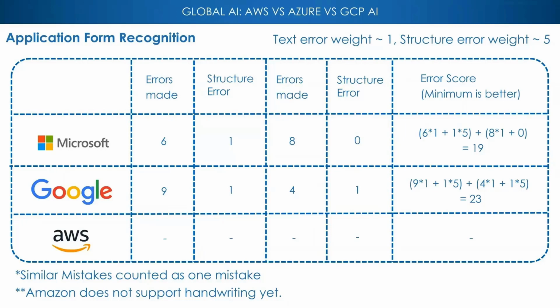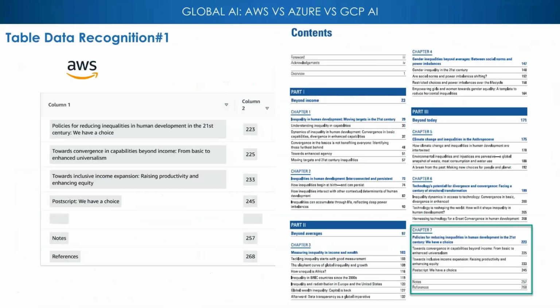But look at number 2. Interestingly, the structure error in case of Microsoft was 0. But the actual errors were a lot more than Google. So you notice that in some cases, Microsoft's got twice the amount of errors than Google for the same exact application, just a different data set. But the structural error was lower, so it's pretty tight. I wouldn't say there's necessarily a clear winner here. They're both pretty similar. And again, if you have more data, the results might change.